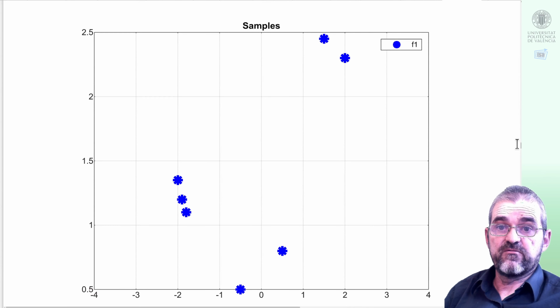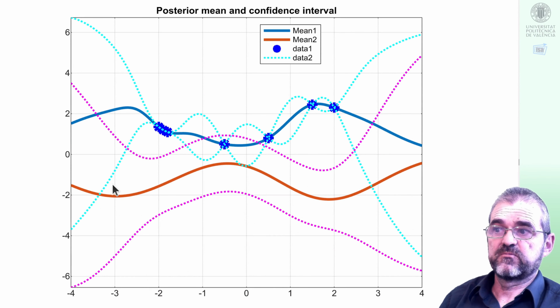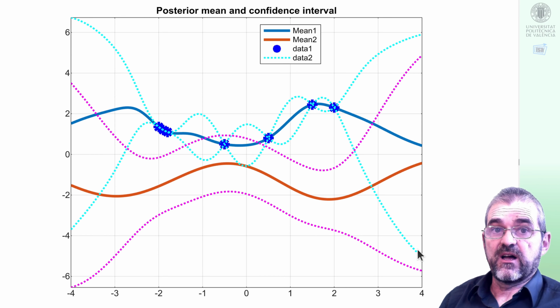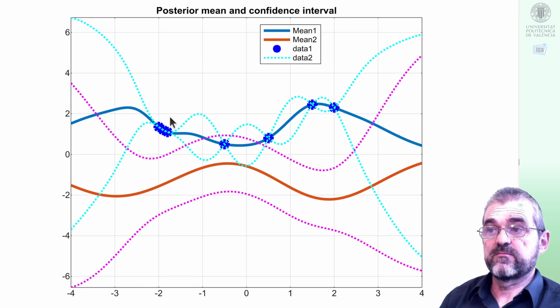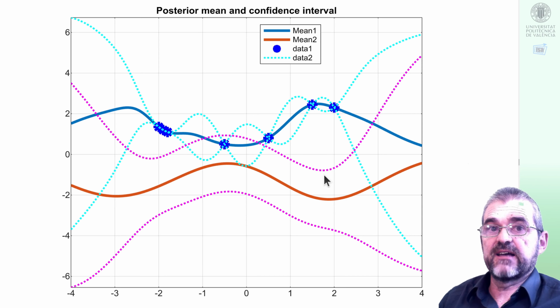And then, if we apply the same code, we get that the best prediction of F2 is sort of the blue line smoothed and changed sign, which is the red mean here, and we have the pink confidence interval that is somehow narrow when I have samples of function 1. It does not shrink to 0 because I do not have actual samples of function 2, but at least